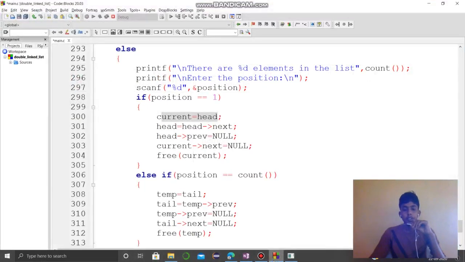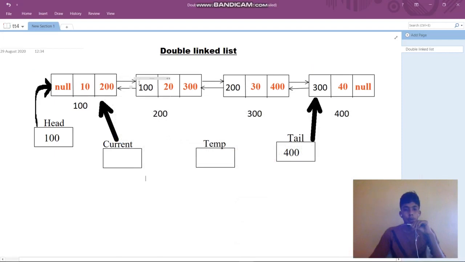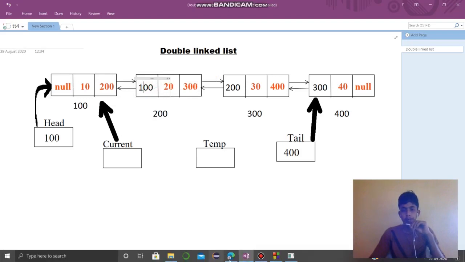Head of previous equal to null. Head of previous we make null, because it is going to be the first element, so before that there should be no element. But it is pointing to 100, so we need to make it null.